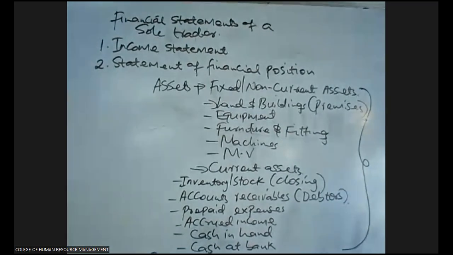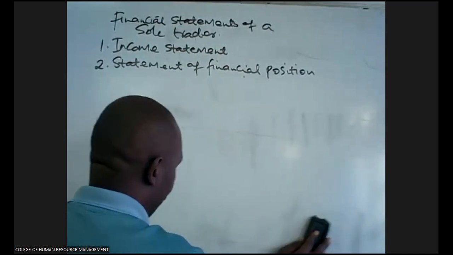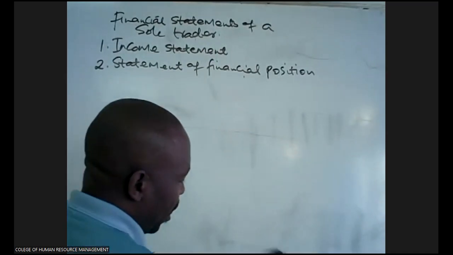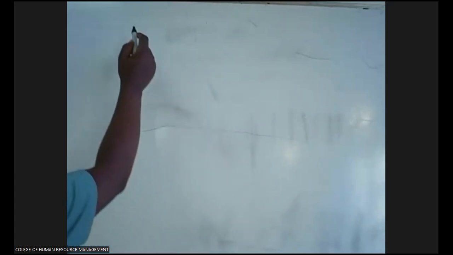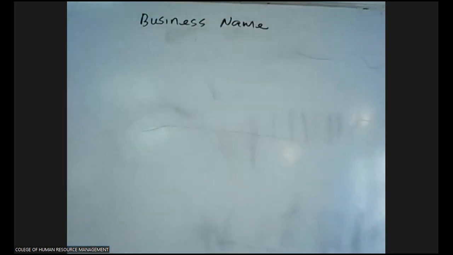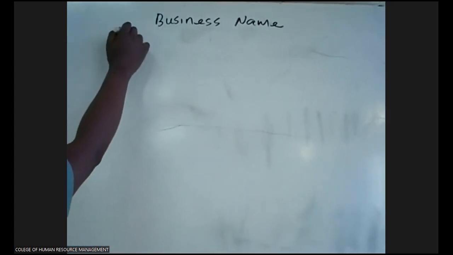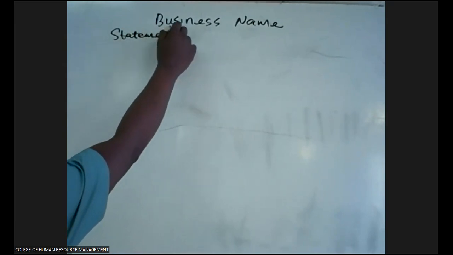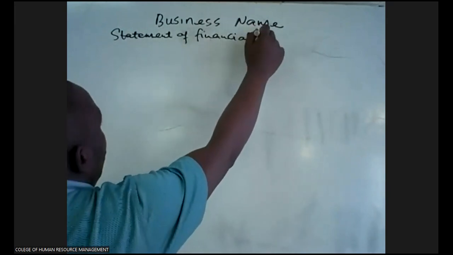The statement of financial position, therefore, will have the following format. How do we list or capture these items that we have listed here? For the statement of financial position, we normally start with the business name. Make sure you have captured the name of the business, which will be provided in the question. And then below that, write statement of financial position